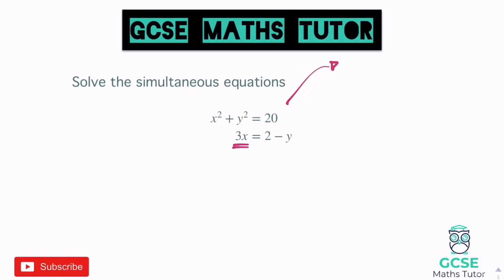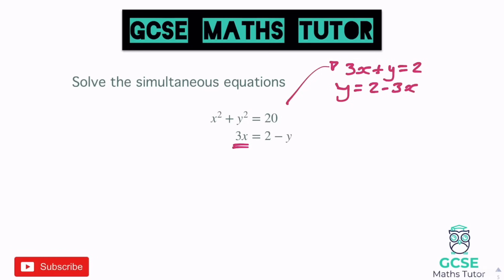We'd get y equals, I'd have to add y to the other side. So I would get 3x plus y equals 2. And then subtract 3x from both sides, we'll get y equals 2 minus 3x. There's one option. Now that is the option I'm going to use, but it might be on a quite a tough question that you have to actually rearrange it in a slightly different way if there was a coefficient